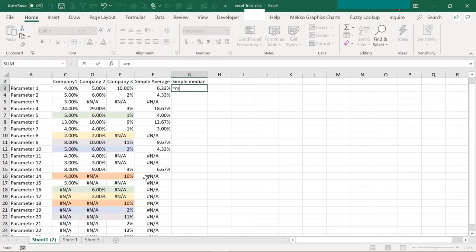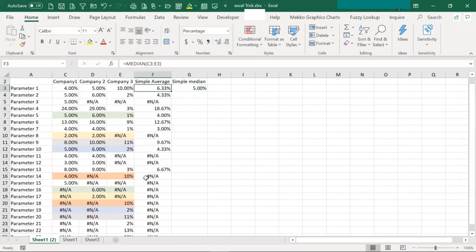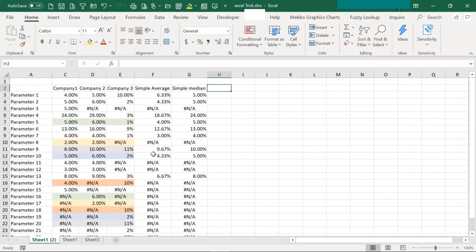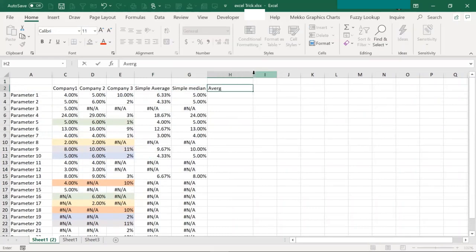Similarly, this happens with medians. If I want to take the median of these three, and if I just drag it, I should also be able to calculate a median over here. Now, to solve this, there are multiple ways that one can solve it. One is the AVERAGEIF way,